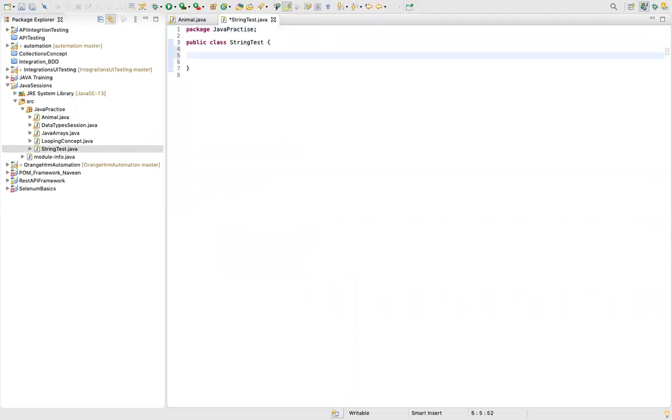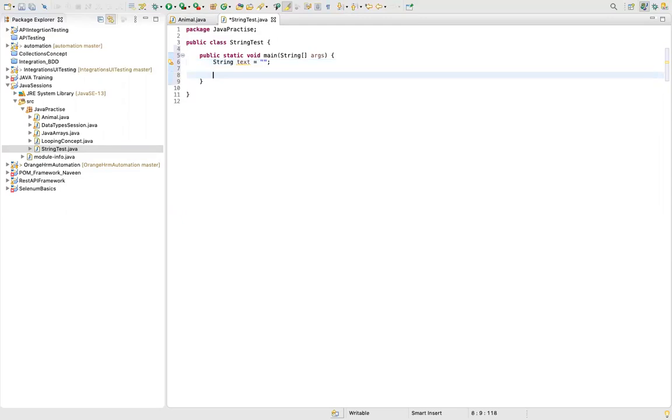Now, let's have a main method. How do you define a string if you want to create a variable of string? You say string and then you say text. If you want to assign any value, you can say string text equals null.